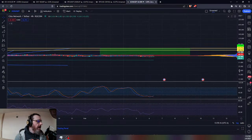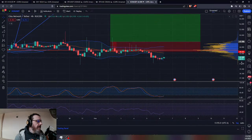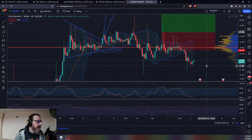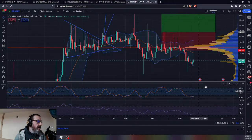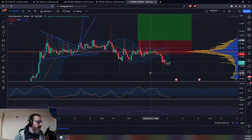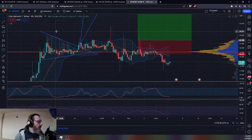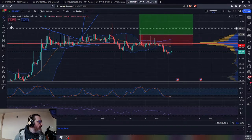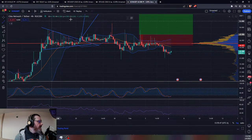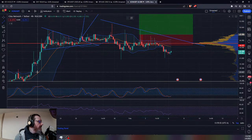We'll zip into the 4-hour here. This has some of the same feels that BTC and the rest of the market has as far as where the indicators are at. And we do have a very similar consolidation to what I'm seeing for Bitcoin. There's some more wicks here because you do see the lower liquidity with these smaller coins. But we do have a similar structure here. It's a little bit of a porcupine with those spiky wicks. But if we connect those here,